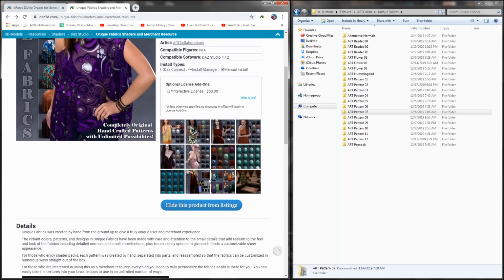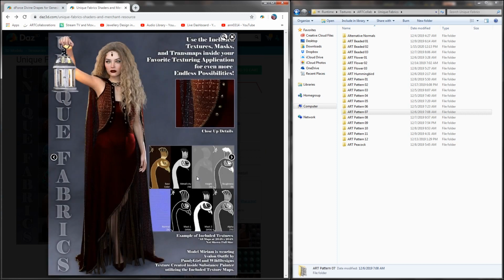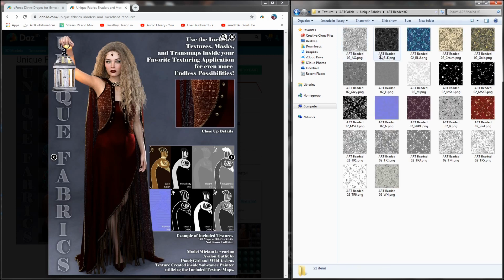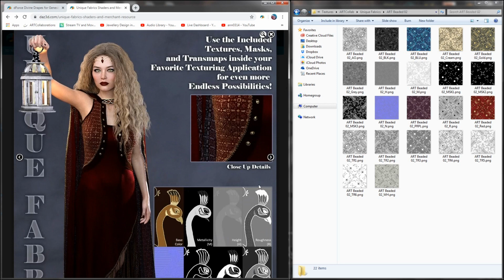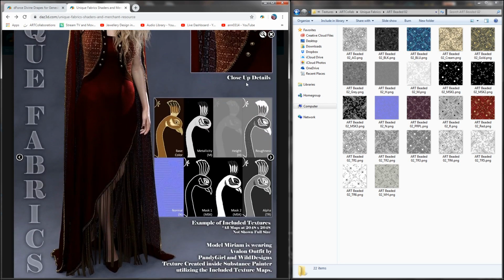I also want to point out that this promo right here may also be useful to save in here. And basically what I'm going to use is beaded 02. So I'm going to go into that folder. This promo has a little key to my naming conventions. If I open up the maximum size here and scroll it up, you'll see it'll say base